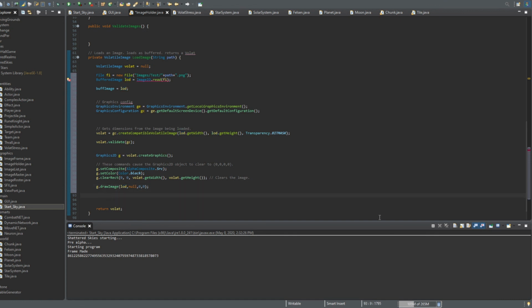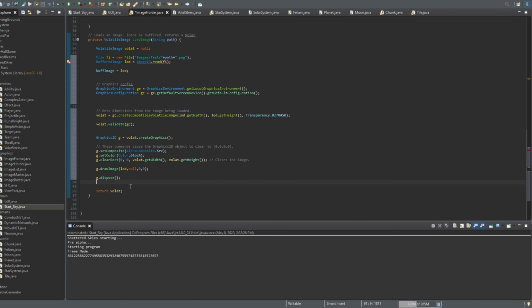Best practice, as always, is to dispose once you are done with your graphics object. Since we have painted onto the volatile image, we can now just dispose of that graphics object, and then we do have to surround this with a try catch because we are reading a file,